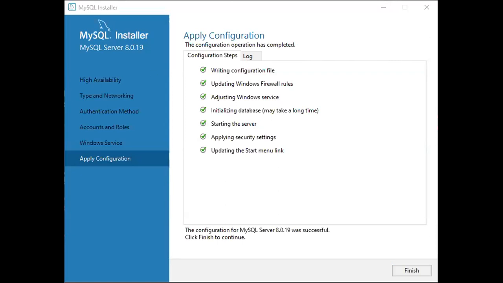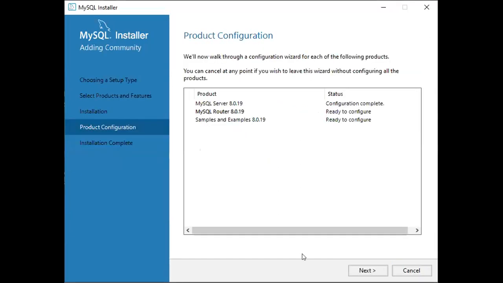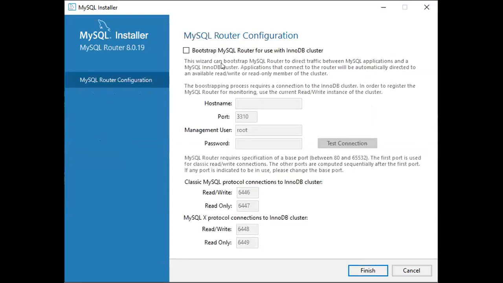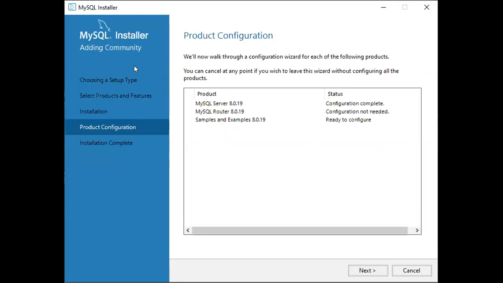Okay, again Monday. Okay, finish, right? So finish it. So now you can see here, okay, this MySQL server is configured. Then the MySQL router you have to configure, samples, and these things also you have to configure. For the router, of course, we don't require it, just give finish. Then for samples and this thing also, just give the root password.